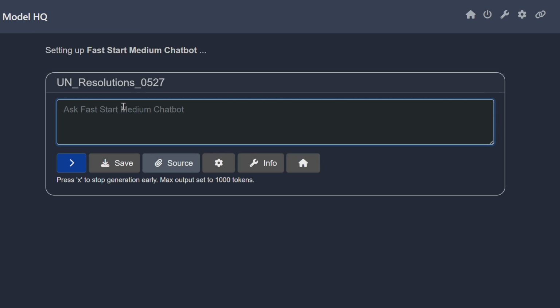Now when we actually run a query with that source, we're going to pull information from that vector database, and then the inference is going to get run locally. And so we'll say,